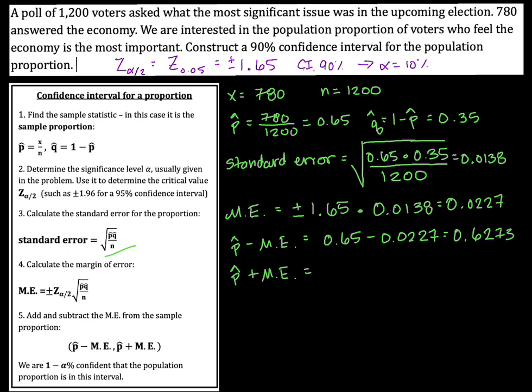And now we'll do 0.65 plus 0.0227, and that is 0.6727. Okay, so I'm going to round